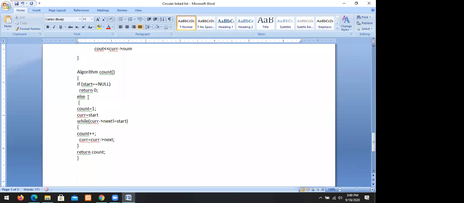Else, if start is not null, we have at least one node, that's why count equals 1. We start from the first node. While current dot next is not equal to start, count plus plus, current equal to current dot next. Whenever we use current equal to current dot next, we move from the first node to the next node. This is the module we use to find the number of nodes in a list.